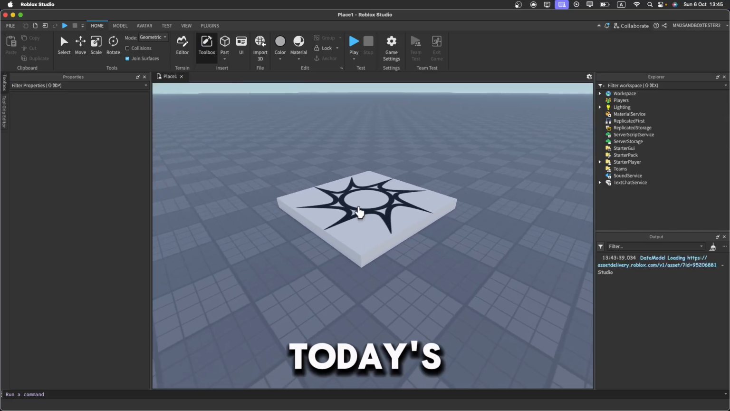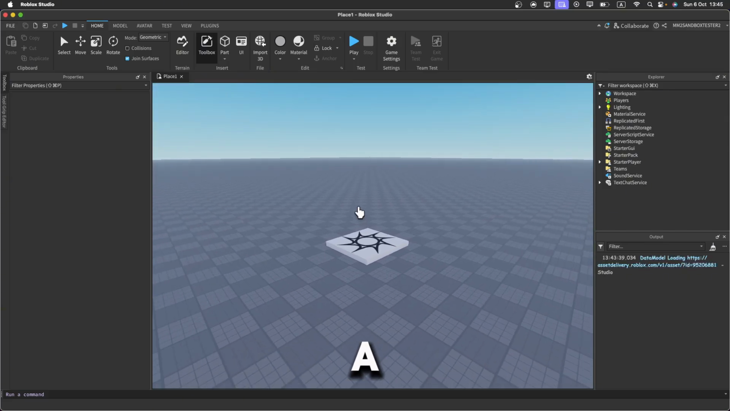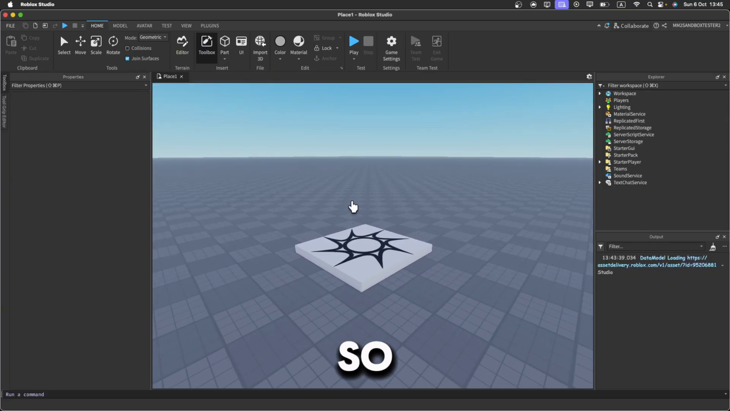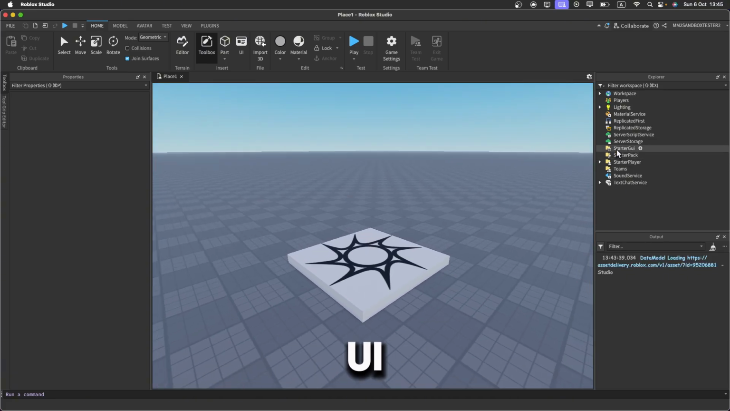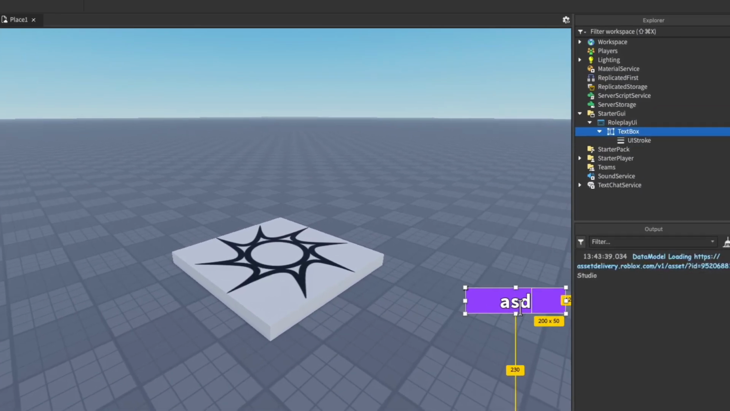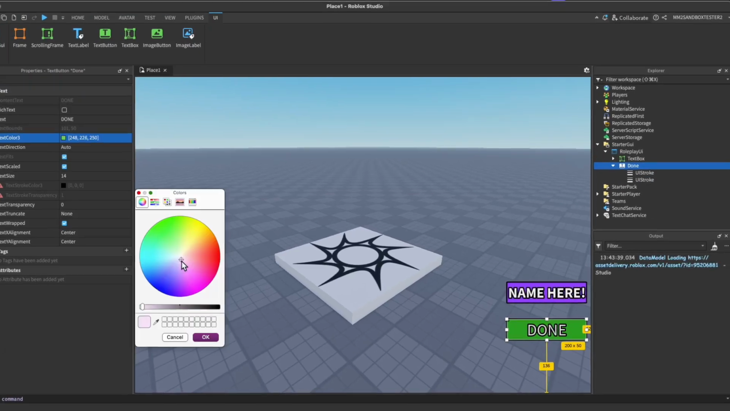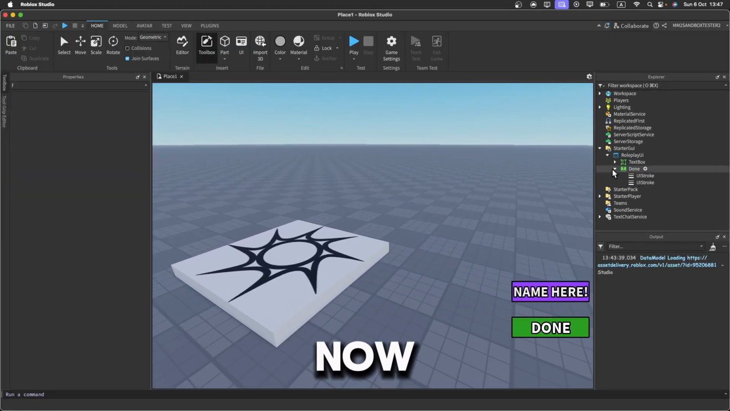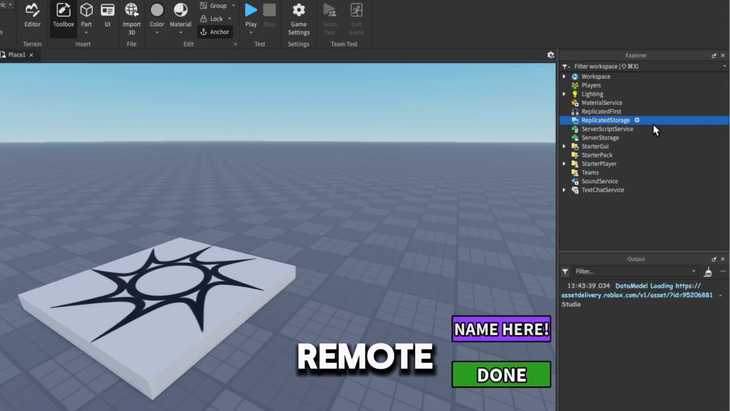Hello everybody, in today's video I'm going to be showing you how to make a roleplay filtered name system. So the first thing that I'm going to do is quickly make the UI. And there we go. Now that we have our UI done, we're going to insert a remote event inside of